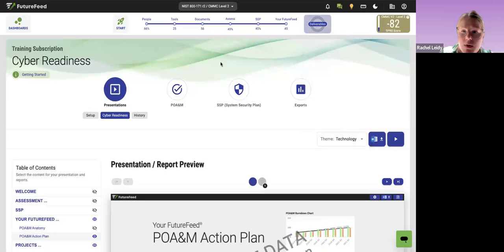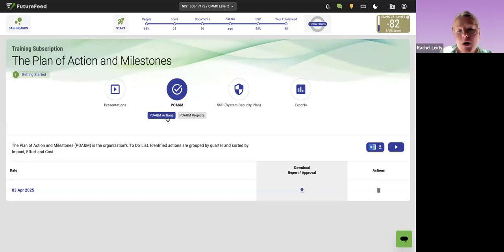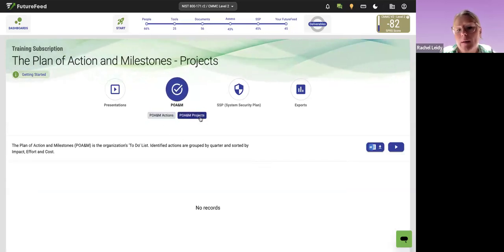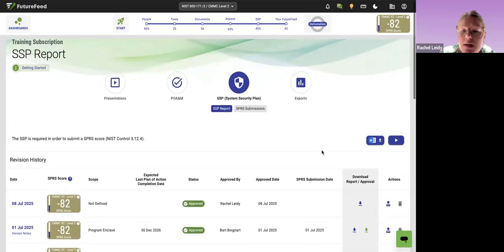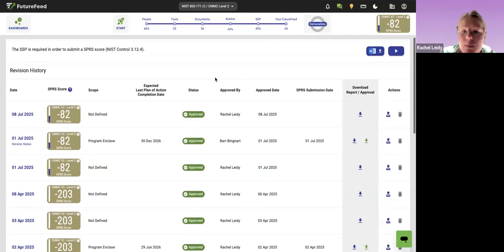Also in this deliverables section, so you can run a report or a presentation, you could export all of your POA&Ms or your POA&M projects if you need to. This is also where you're exporting and running an SSP report. Then what you could do is open